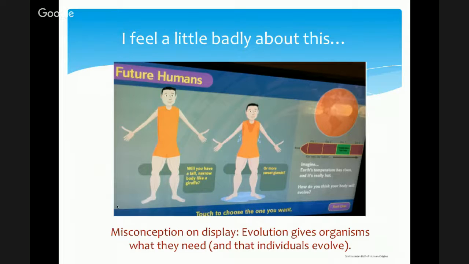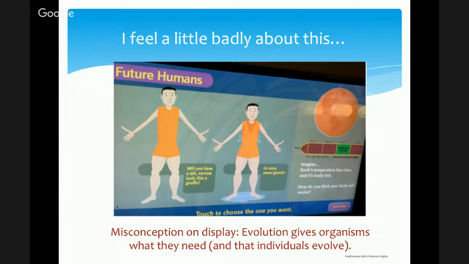Well, my body won't evolve, thank you very much, because I'm only one person and I'm only going to live one lifetime. But here, if you buy into this idea that natural selection, that evolution gives you what you need, you might think, climate change is no big deal. I'm just going to get more sweat glands and I'm going to be taller so I can dissipate more heat. There's absolutely no guarantee that that's what's going to happen. Evolution can only work on the variation that exists in the population. This makes it seem as if you're going to get what you need. You snap your fingers, you say, oh, it'd be really helpful if I could dissipate some heat, and then you get it, and that isn't how it works.